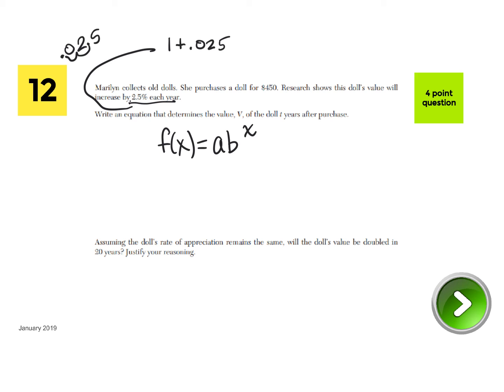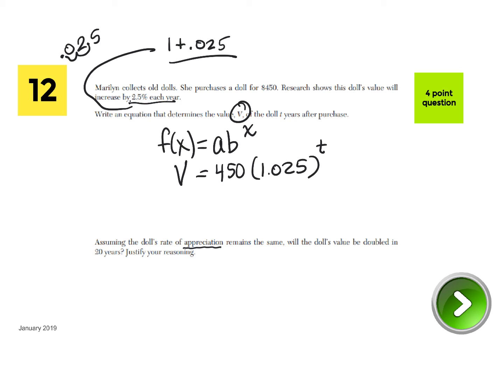So you know in this case they're saying the value, so your value of the doll is your starting value A, 450, times your increase of percent, 1.025, or you could write that out as 1 plus 0.025, and it says t years of purchase, so instead of writing an x, we'll put a t. That's your general equation. Now, assuming the doll's rate of appreciation, that means growth,